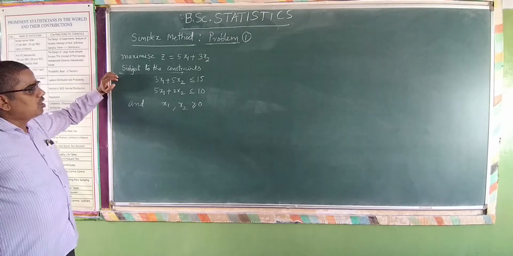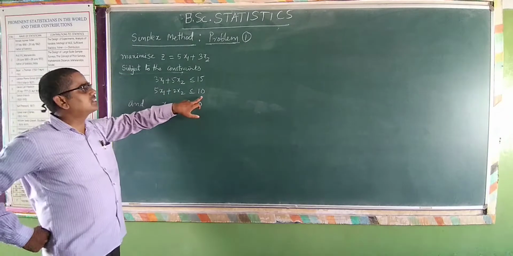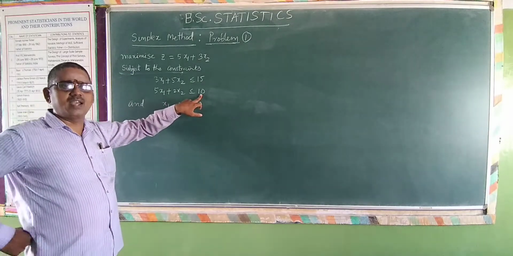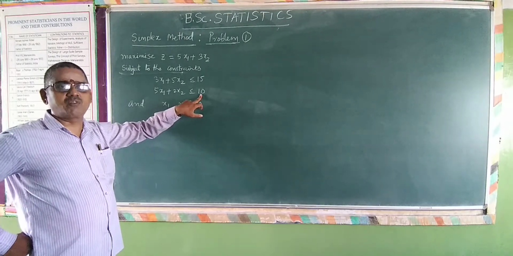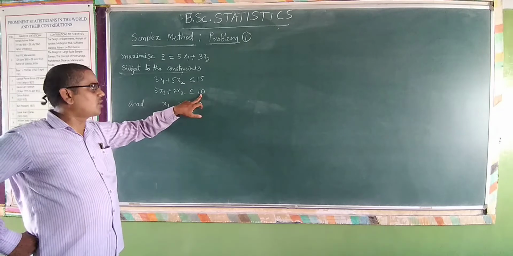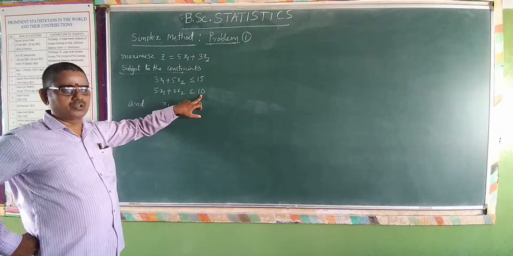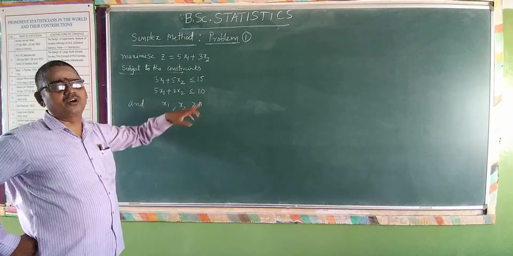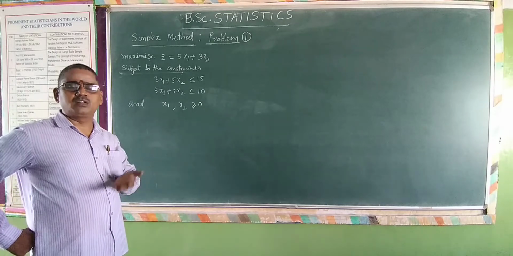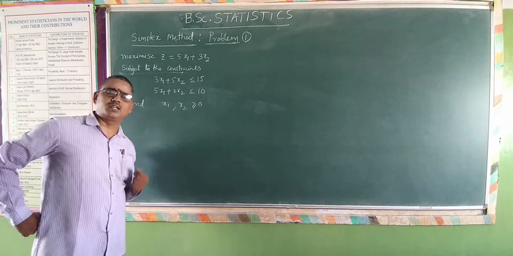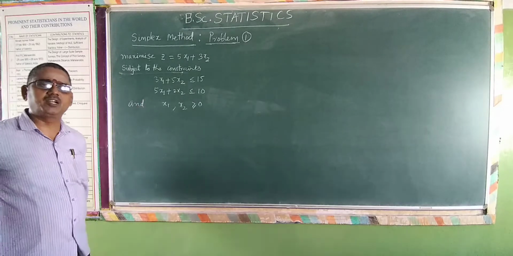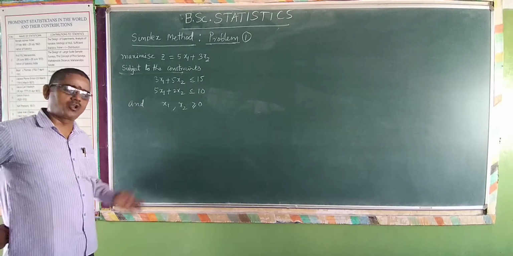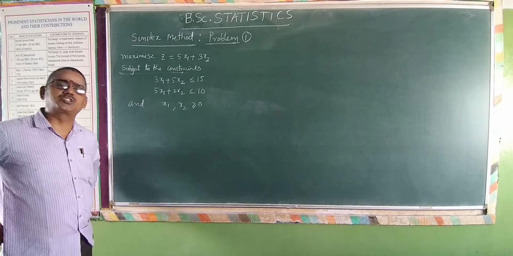Next, we have to see the right hand side constants, all the bi's, whether they are greater than or equal to 0, that is, non-negative or not. All are non-negative, greater than or equal to 0, that is positive. So again for this step also you need not do anything. We have examined the first two steps. It was okay. So now we are entering into the next step.